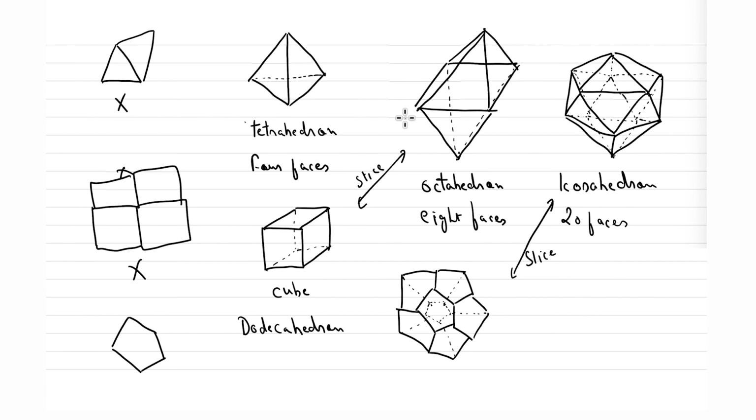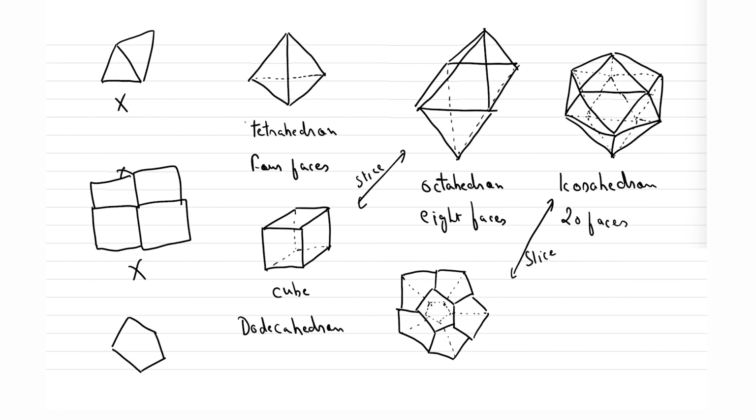So that means these two will have the same point group, because you can fit an octahedron inside a cube, or you can fit a cube inside an octahedron without actually worrying about the symmetry. Similarly, an icosahedron can be fit into a dodecahedron, and a dodecahedron can be fit into an icosahedron, right? So I'll try to draw it a little quickly and then we can stop for today.